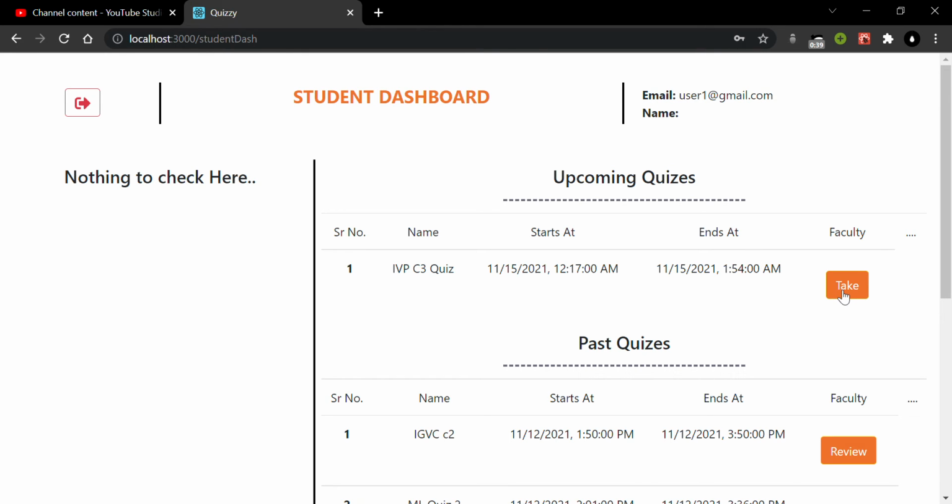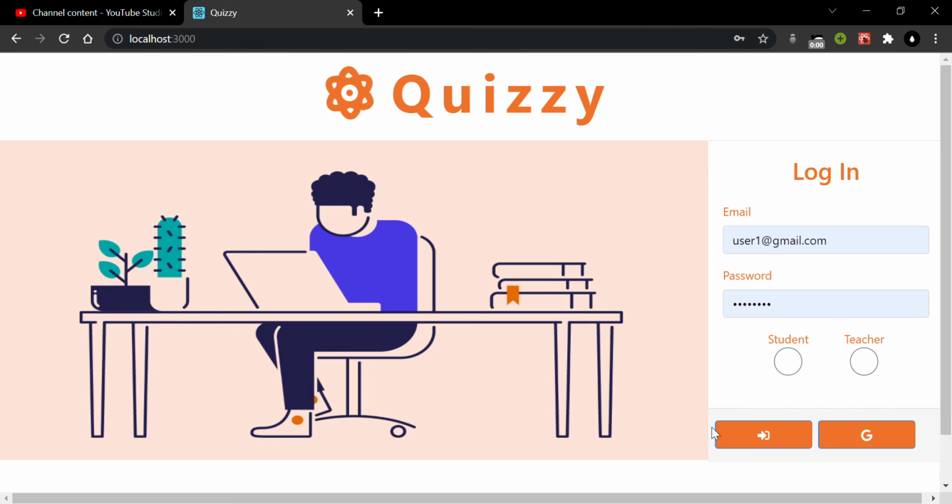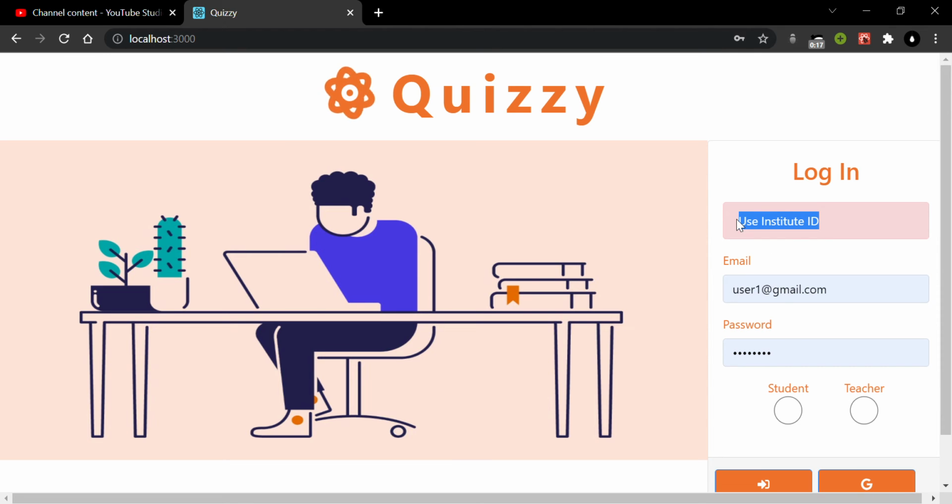Now the process and the screenshots of the application after entering the quiz have already been shared with you. Now let me share the OAuth authentication with you. If I, let's say, use my private, non-institute ID, the institute here being IIIT Allahabad, it will give us an error.